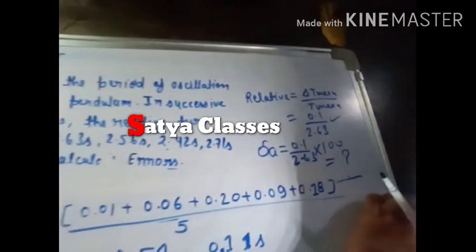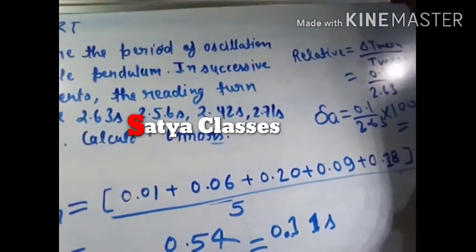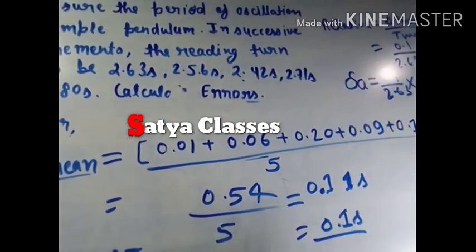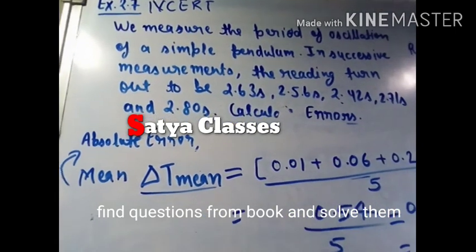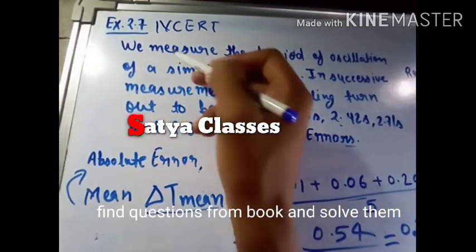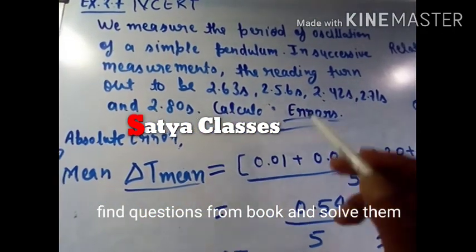So now this is done, and now you can solve various questions with these steps. I know this is very exhaustive, but please don't worry about it, you are now able to solve these questions easily. So check your book and find such kind of questions in which you have to calculate these 5 errors.